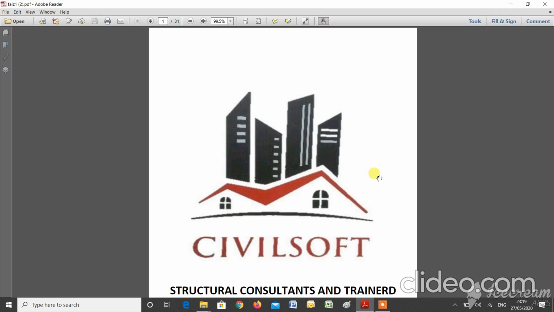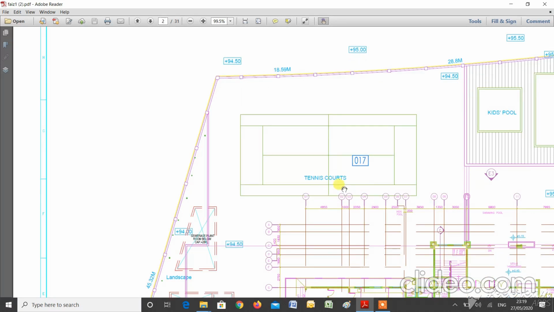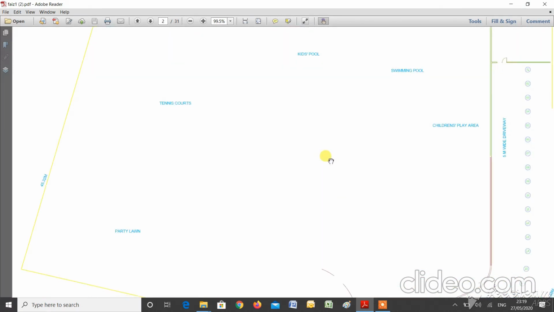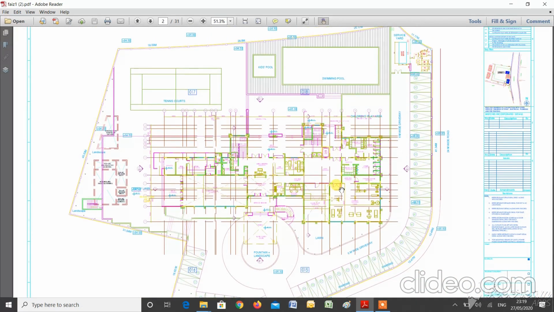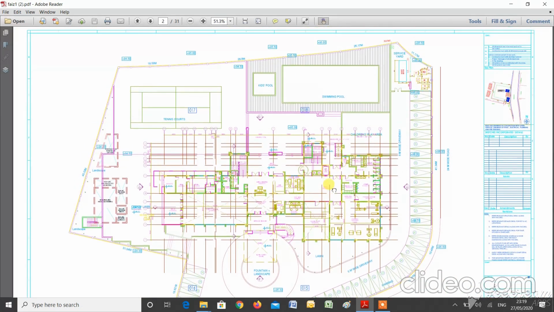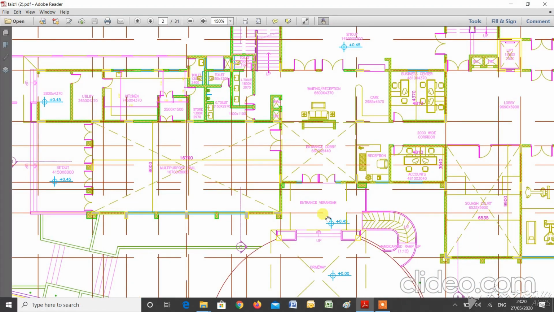Today we would be discussing the technical aspects of constructing a building and the things that we do while preparing the different drawings. So to start with, in today's work we would be discussing a clubhouse. These are the floor plans of a clubhouse given by an architect. Let's see what all is mentioned in the floor plans.